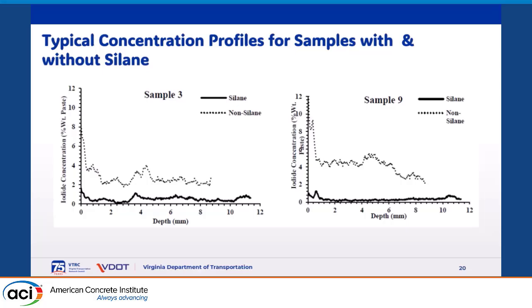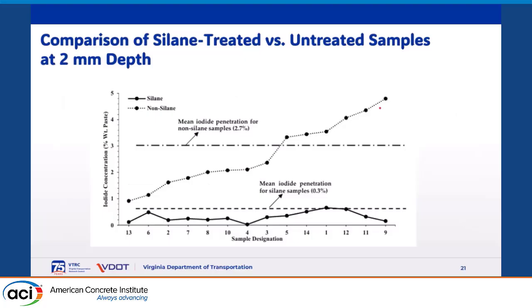These are examples of the results of the concentration profiles obtained for the samples treated with silane, shown in solid black, and those samples that were taken from the side without any silane. As you can see, even with less penetration of silane into the samples, less than the required penetration depths, you can still see the concentration of the iodine is less than the concentration of the iodine in the samples that are not treated with silane, right? So it means that still silane was effective. But